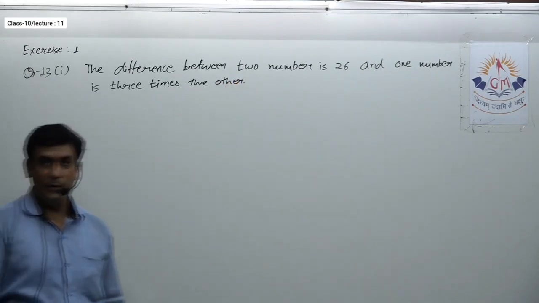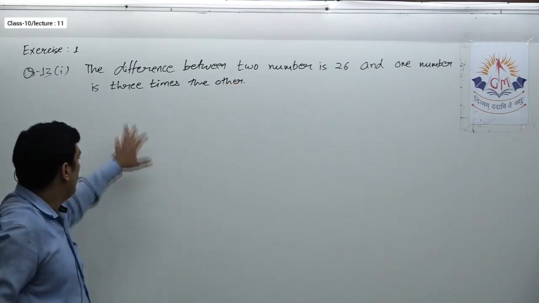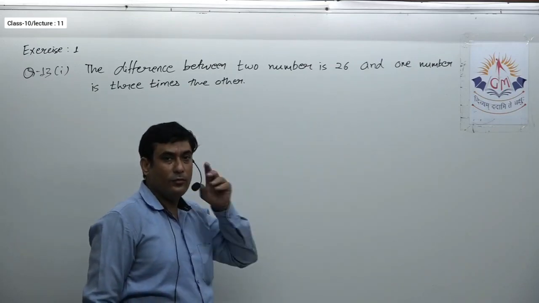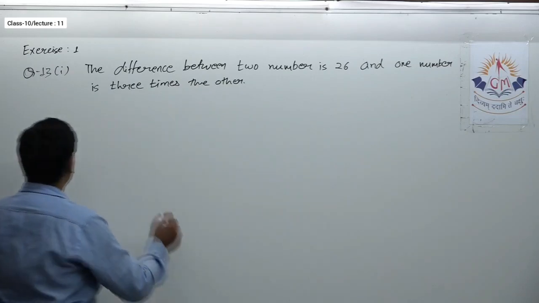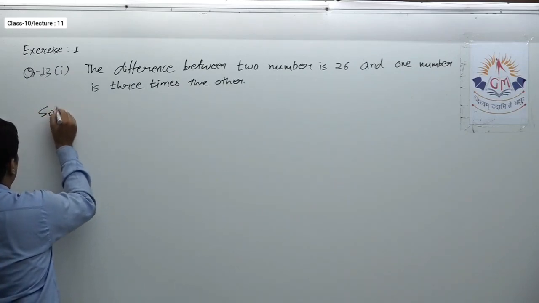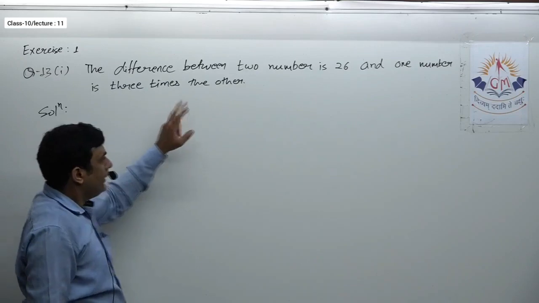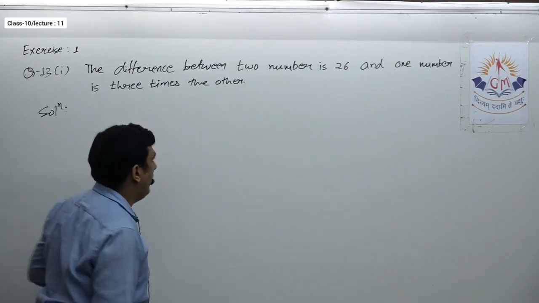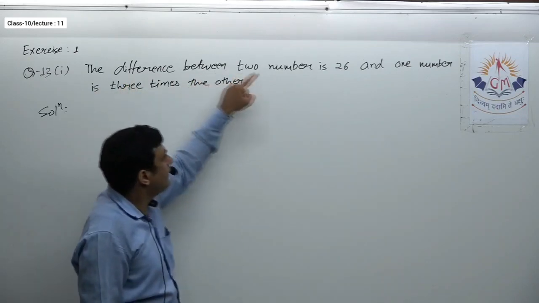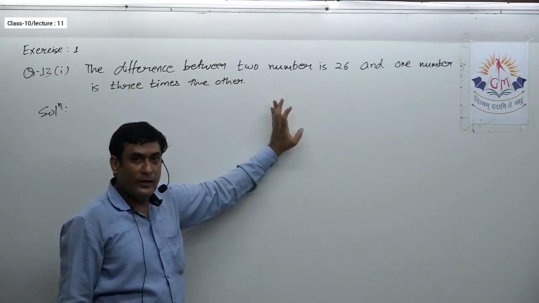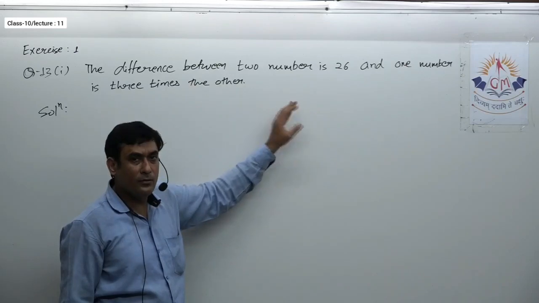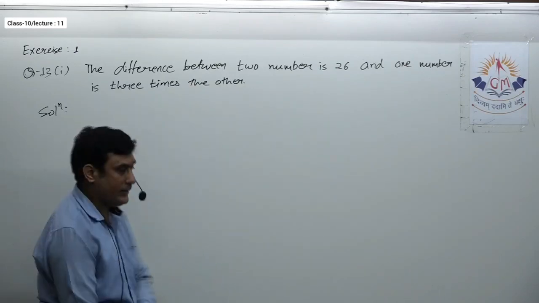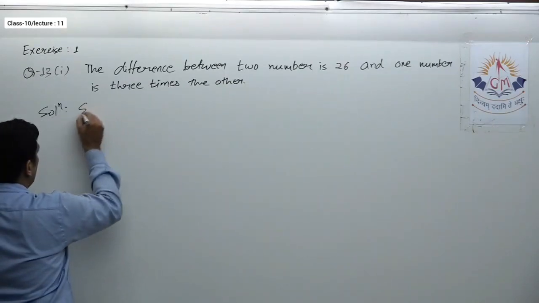Okay, so this is a word problem. We used to see these as word problems. So first of all, you have to form two equations and then you have to solve them by the method of substitution. So let us see how to solve this. They are talking about two numbers, so we'll assume the first number is x, another number is y. And as they are talking about the difference, that means definitely one number will be greater than the other.